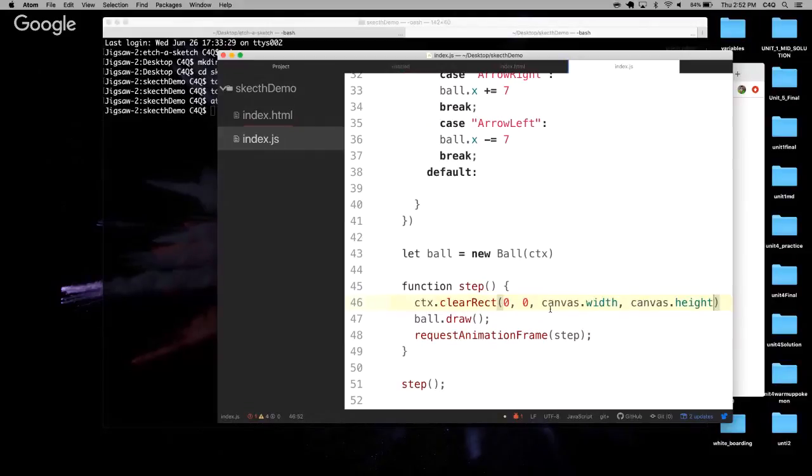So now, what are we expecting? You got a guess for what's going to happen? Wait, hold on. Like intuitively, what do you feel clearRect is going to do? As soon as you stop drawing,